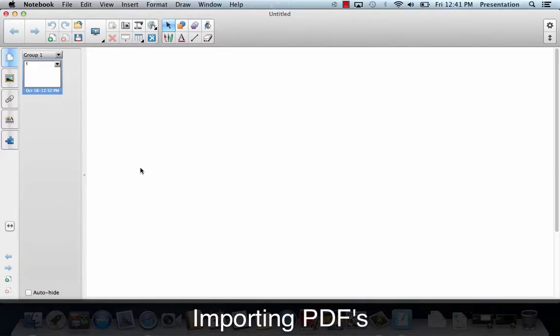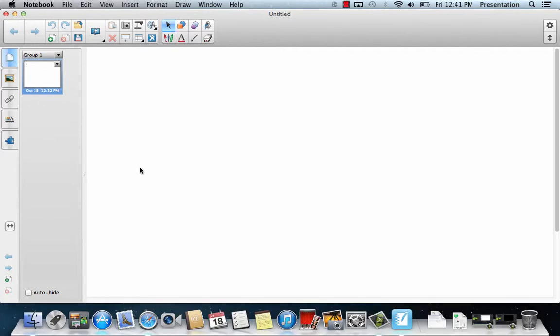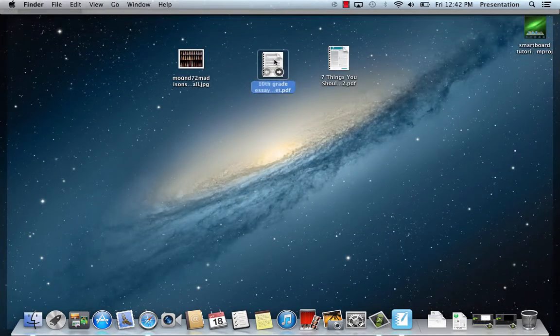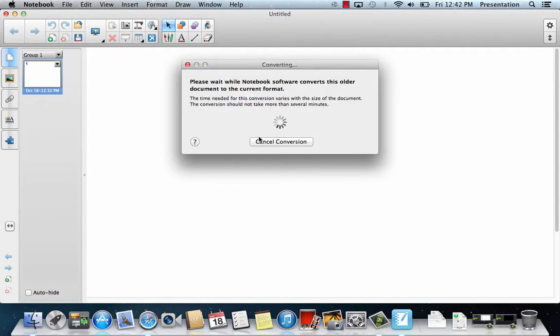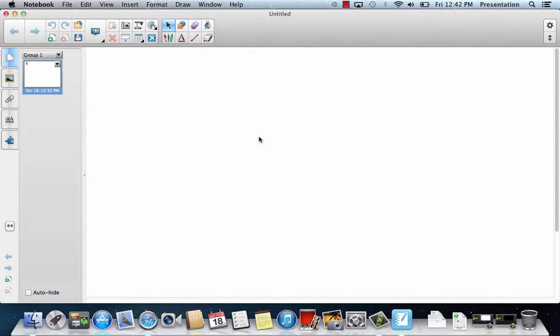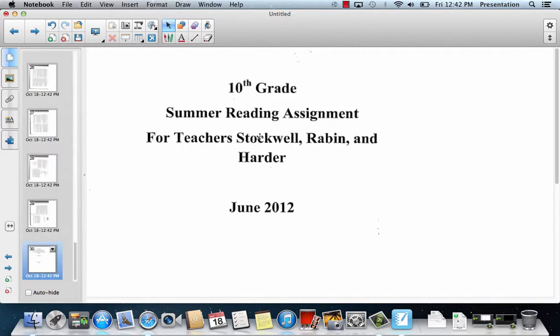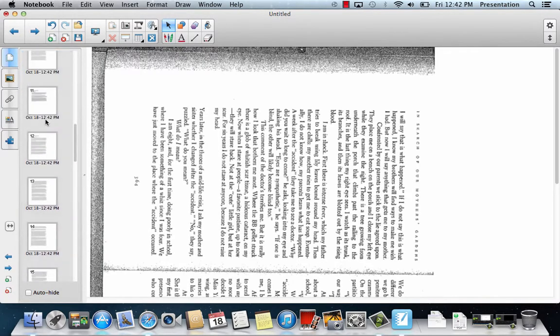So first, let me show you how to add a PDF file to Smart Notebook software. You may have a PDF that you want to annotate with your students in class. A way to do that that's simple is just to grab the PDF file on your desktop and drag it into the Smart Notebook software. And if you hover in this open space right here, a green arrow will appear, which means that it's okay to go ahead and drop that PDF file. And Smart Notebook will convert it into a format that it can read. So you see there, it's divided it up into pages,